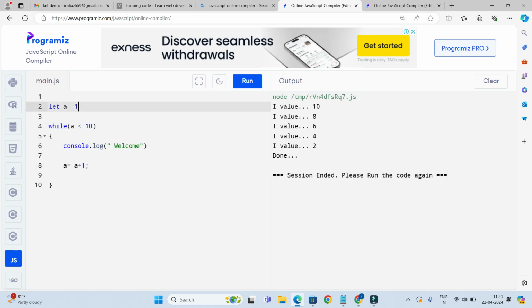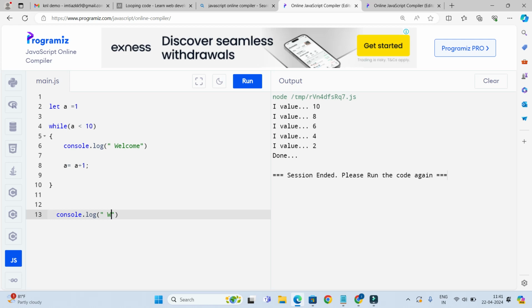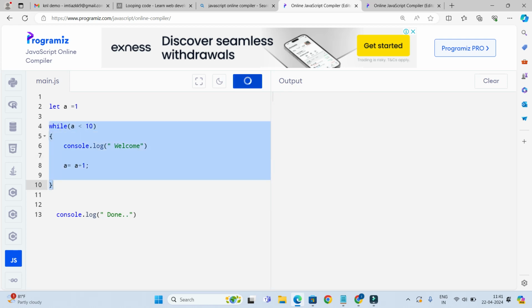First it will assign the value a is equal to 1. 1 is less than 10, true. Then it will come and print. Finally, once the condition is done, I want to print something. This done statement will execute after this loop is over. So now quickly I'll run this one. If you see here,